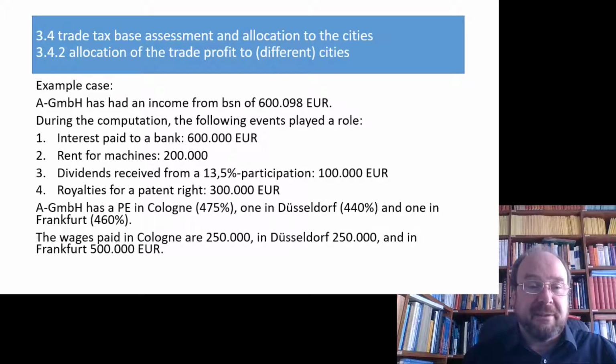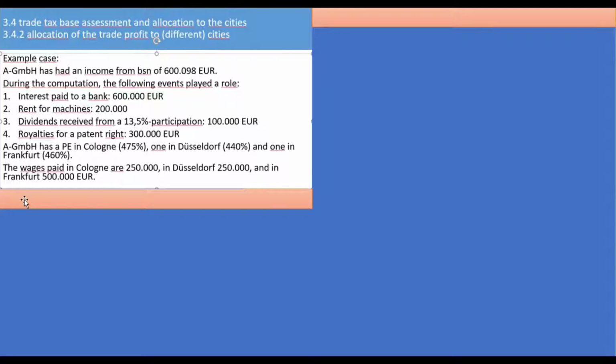Okay, and then restart the video if you have made your own sketch of the solution, as comprehensive as you can. So every statement which is necessary, comment every logical step which is necessary to arrive at a solution. Then give reasons and references to the Tax Act for every step, and so leave nothing out. And then restart the video again and have a look at how I would solve this case.